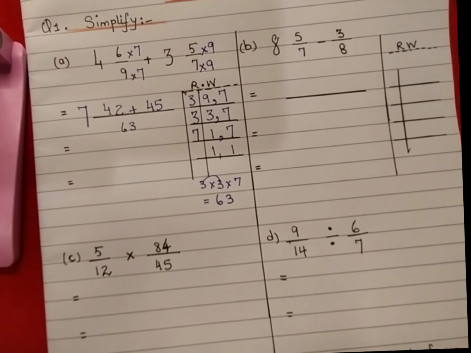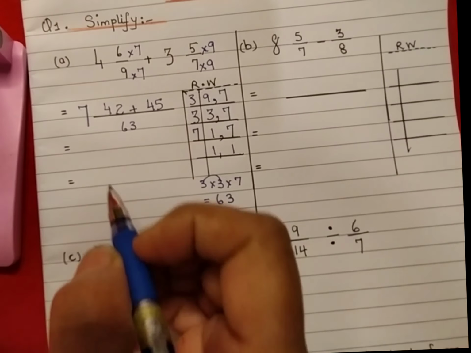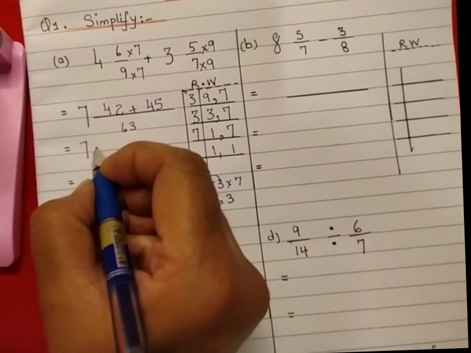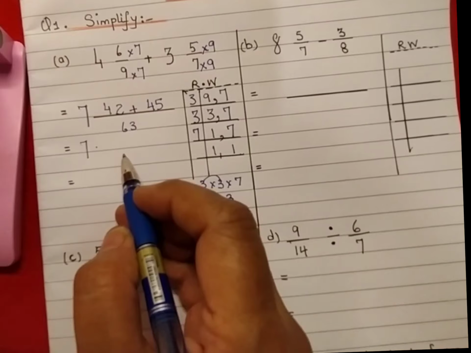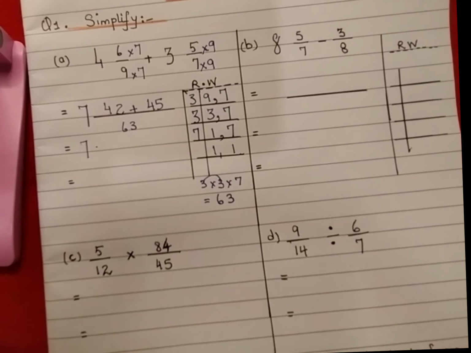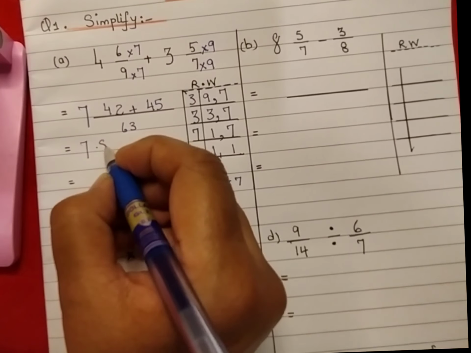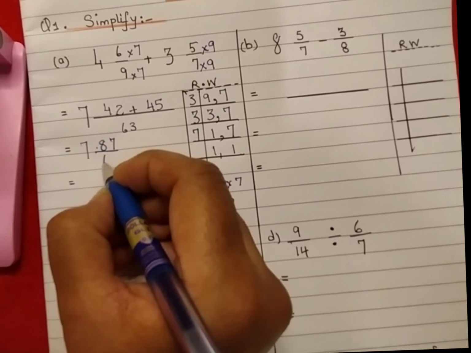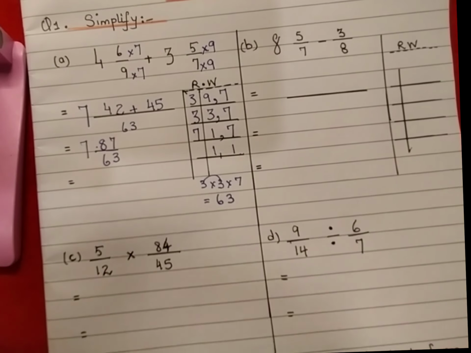Now have a look at the question. Add up the figures, the numerators, put the whole number here, and add up the figures. 42 plus 45 is giving us 87. 87 upon 63. Okay,